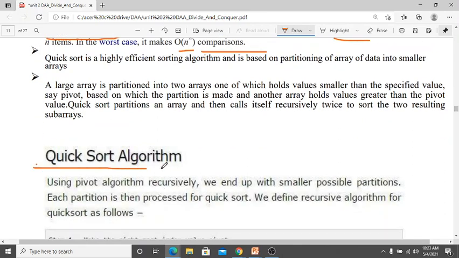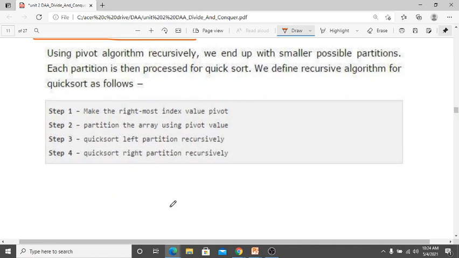So let's check the quicksort algorithm. Using the pivot algorithm recursively, we end up with the smallest possible partitions. Each partition is then processed for quicksort. We define the recursive algorithm for quicksort as follows.